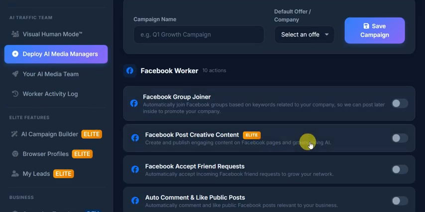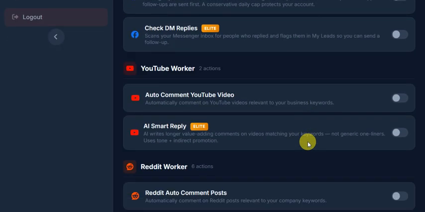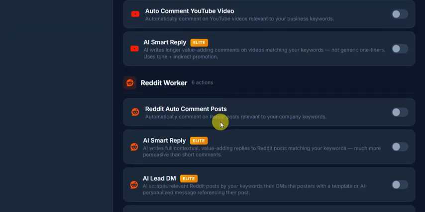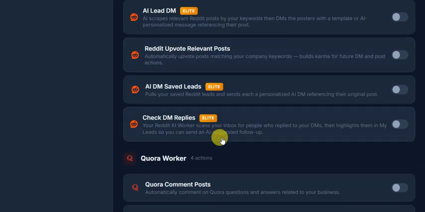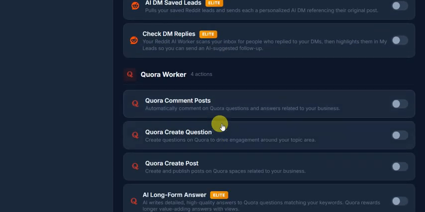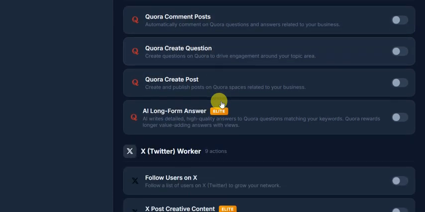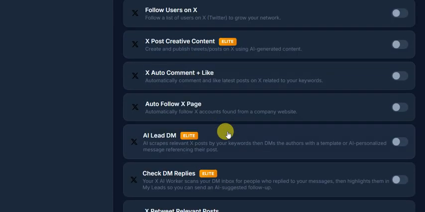Here it shows you some of the networks that you can post to automatically, like Facebook and YouTube. So it's going to auto comment based on what they said already. You have high level comments. You've got Reddit, auto comment, auto reply, and replies to DMs. So it takes care of all the work. Quora comments are based on their questions, and it's going to find the right questions for that particular product that you're promoting. Okay, create posts.